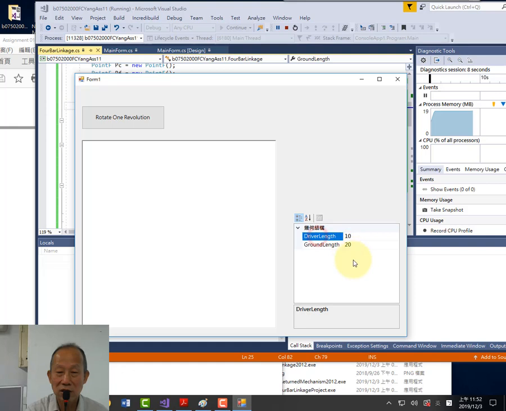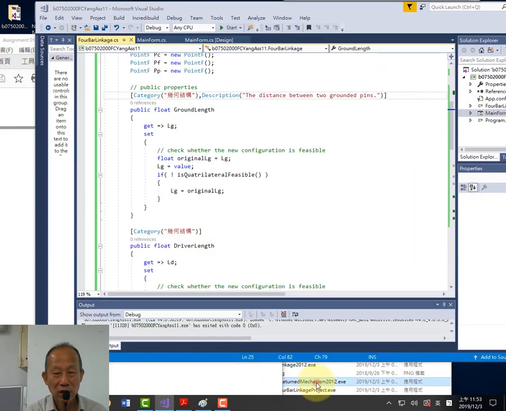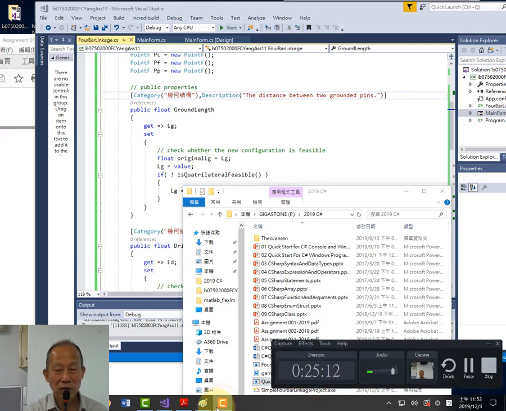所以你看哦 I add a description on the driving ground length, right? So if I click on driver length, nothing shown up. But if user click on the ground length, you see there is a string there helping your user to change the value, right? 哈 the distance between the two grounded plane. 好吧，这就是让你的界面做的比较 pro 一点哈，看起来比较 pro 一点。那甚至你可以再加一些建议的用词哈，比如说你不能输入负的值，那这个 value should be a positive value and suggest to the configuration feasibility somehow 哈 you can add some more description text right there. 好，那就是鼓励大家哈，这个是在我们的说明里面有提到的，我看一下哈，在哪里？